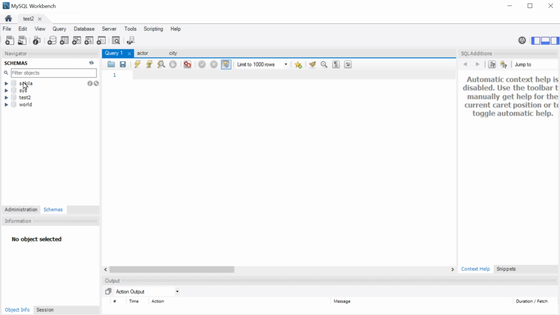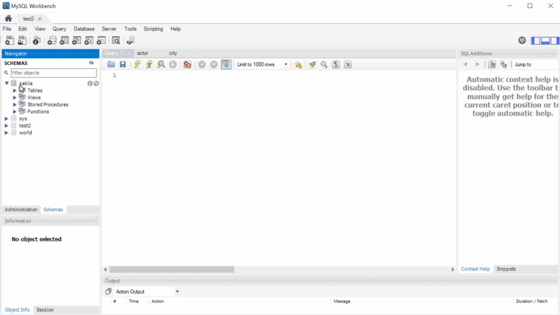As you can see here, schemas is going to be used interchangeably as the word database. So these are our schemas or database, whichever way you want to call it. Even in our SQL code, let's say if we're in the shell, if we said show databases, that's going to be the same command as show schemas. It'll return the same thing. Anyway, we have 4 different databases here,